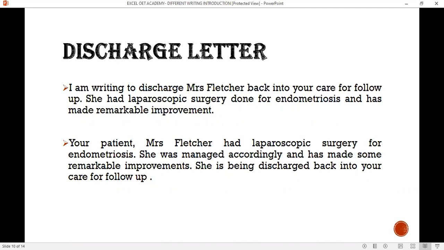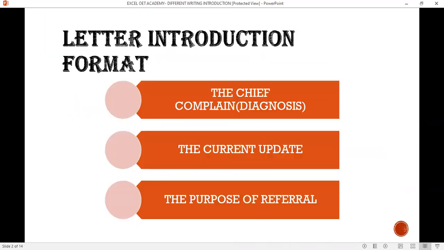So I'm writing to discharge Mrs. Fletcher back into your care for follow-up, because we've done the main thing. What did we do for her? What was the reason? She had laparoscopic surgery done for endometriosis and has made remarkable improvement. So this remarkable improvement is telling us what? It's telling us the current